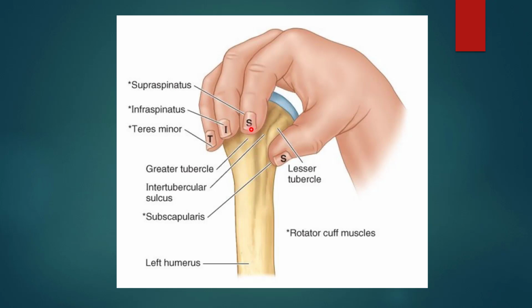On the lateral lip, there will be pectoralis major. On the medial lip, there will be teres major, and in the floor, there will be latissimus dorsi. So these are the insertions of all the muscles. But in this slide, we have to study four muscles, which are subscapularis on the lesser tubercle, supraspinatus on the superior facet, infraspinatus on the middle facet, and teres minor on the inferior facet of the greater tubercle.